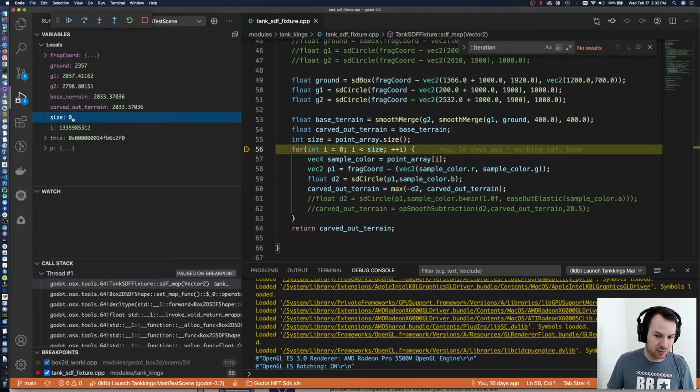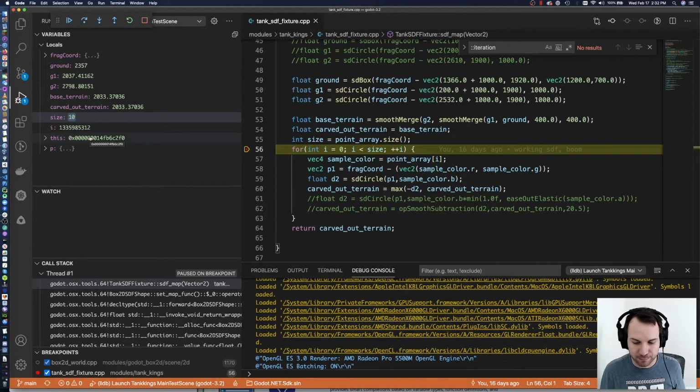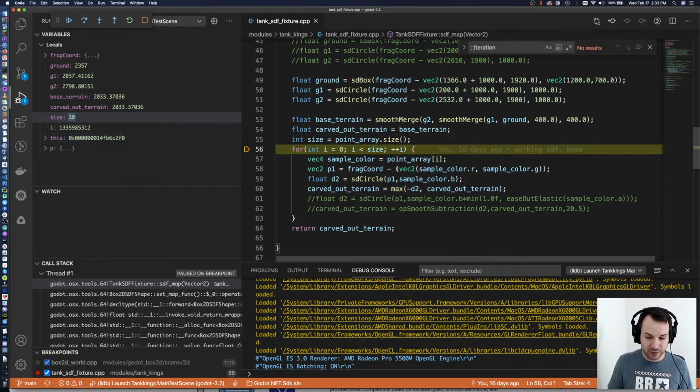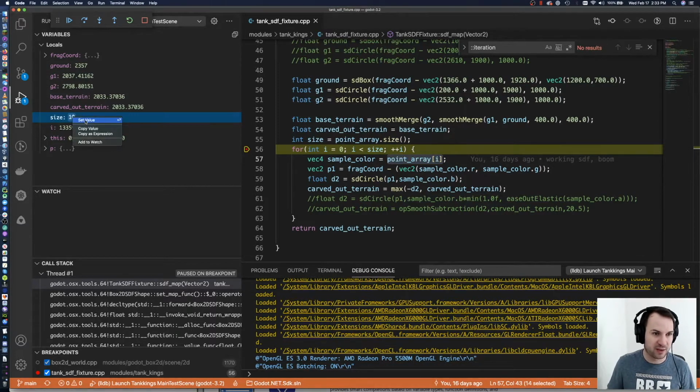I could actually change this memory in the debugger too. Before this comparison is done, I can change this size to 10, and the debugger is literally going to go and write the new value in that memory. And now size is 10, and when I step through my code, it'll actually step into this for loop. Of course, it's going to crash if I do this, because reading from this array at an index that doesn't exist is probably going to crash. But the point is that I can